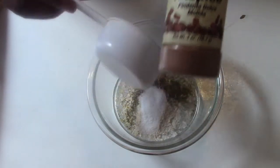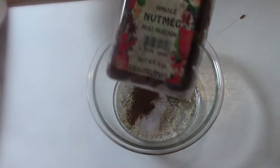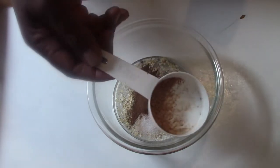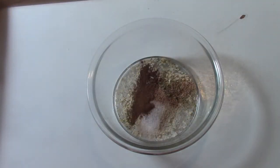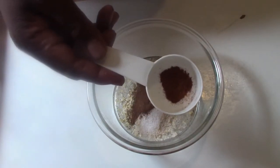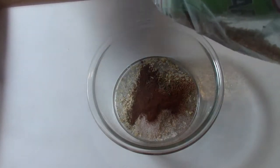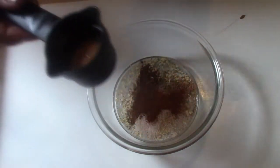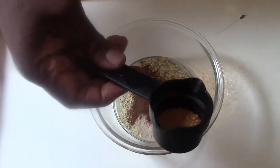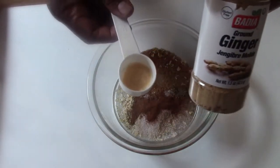1 teaspoon ground allspice, 1/4 teaspoon grated nutmeg, 1/4 teaspoon ground cinnamon, 2 teaspoons sugar, 1/2 teaspoon ginger,